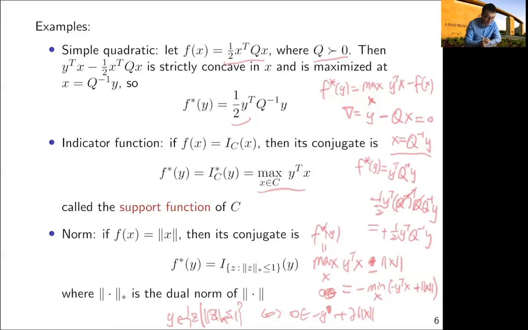Okay, and that gives us its conjugate function f star being the indicator function of the dual norm of z smaller than 1. Okay, so in the next slides we'll be seeing a property of Fenchel conjugate that if f is convex,